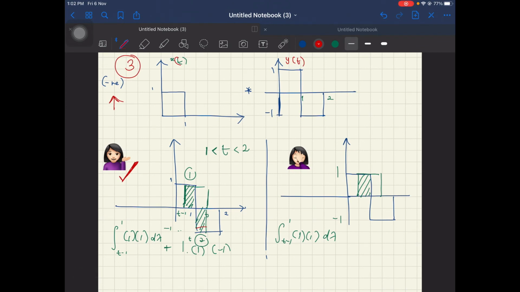For example, again we have two types of signal here, which are x(t) and y(t). The third mistake usually occurs when there is a negative value, such as this, or a negative signal. This is the correct way of how you can solve this question. Let me highlight what is the problem that the students usually made previously. What they did here is that they stopped the solution until here only, which is wrong. Why